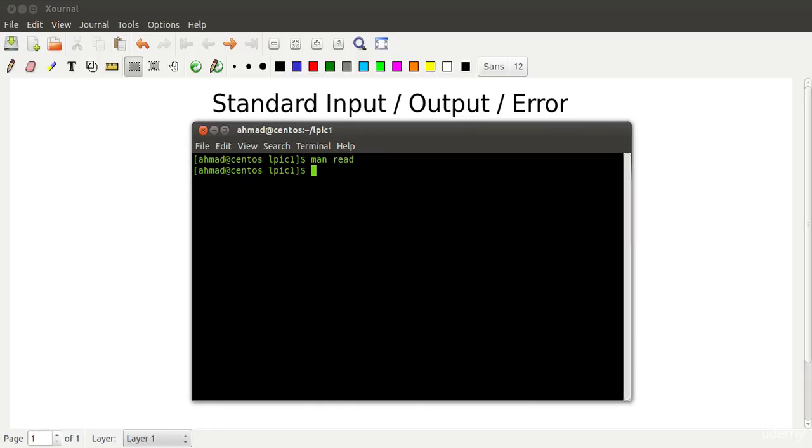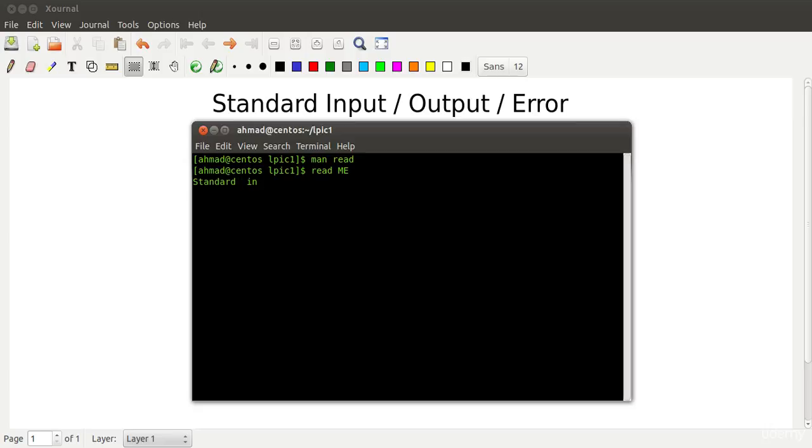Anyway, in short, if I type in read and give it a variable where that value should be stored, let's call that variable me. Now if I press enter, you see the cursor has come down to the second line and is blinking. It is waiting for whatever I type, and it will put it into the buffer and associate that value with this variable me. So if I type in, let's say,